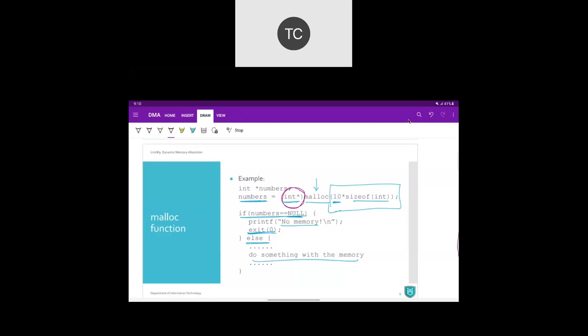The second reason: when you use the assignment operator, the equals sign, your left-hand and right-hand sides must be of the same data type. Then and only then will the assignment happen. Malloc is going to return a void pointer address, and on the other hand, number is an integer pointer. So those two are not equal. We need to make them equal, and that's the other reason we are going for explicit typecasting here.